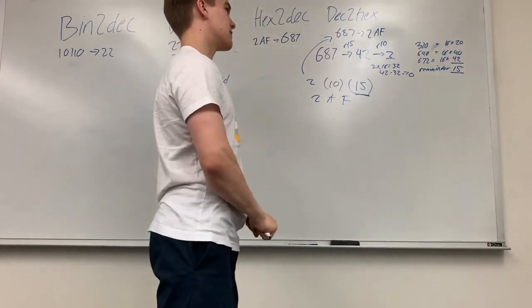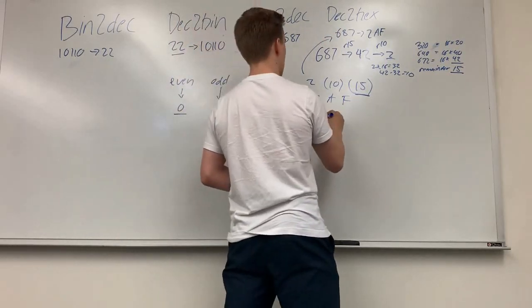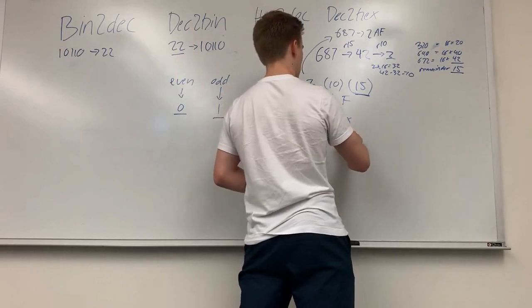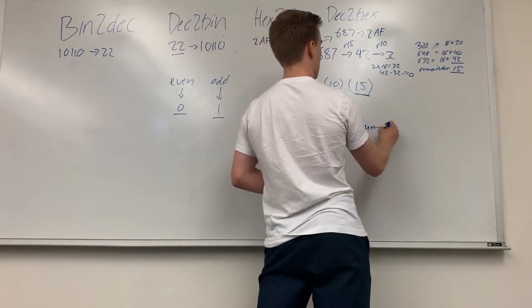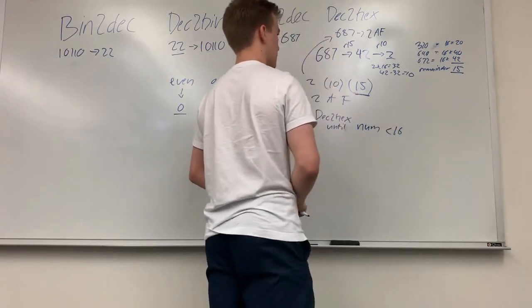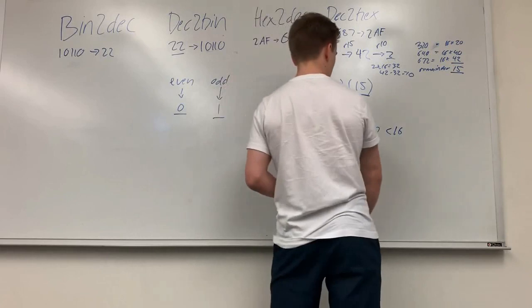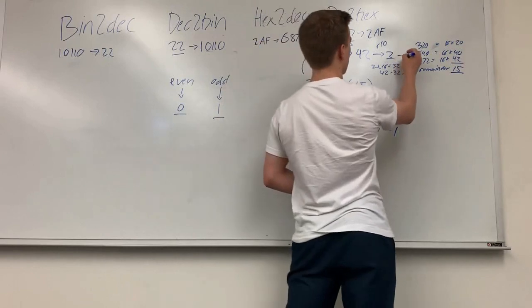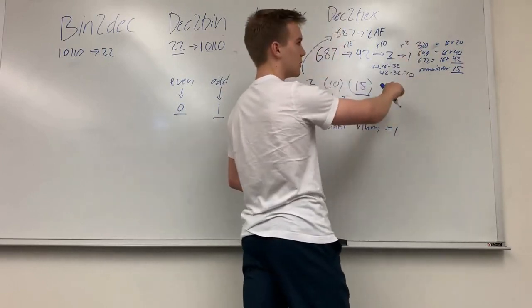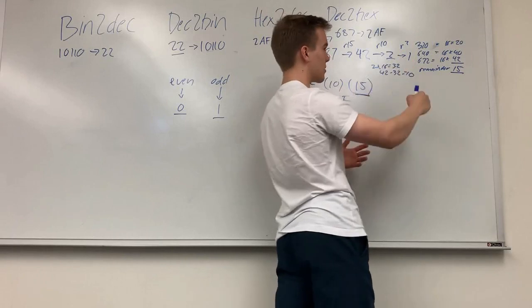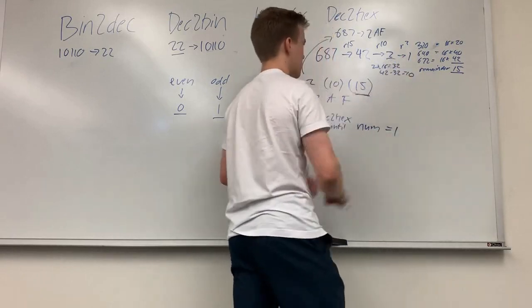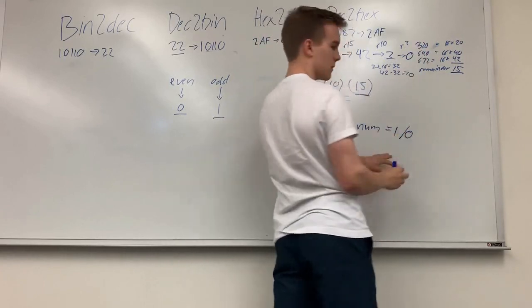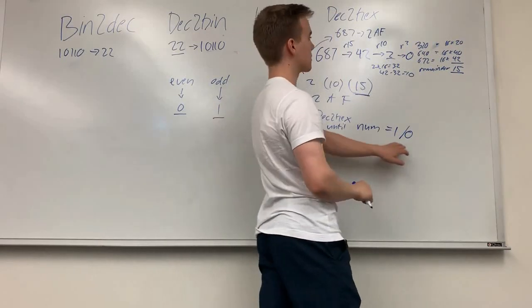Again, I know this process is confusing, but I'll describe it more generally. In Dec to hex, until our number, num, is less than 16, or I guess until our number equals 1 or 0, the way I would write my base case, because when I divide this by 16, it's 0 copies with a remainder of 2. So 1 or 0, same base case as before, until num equals 1 or 0,